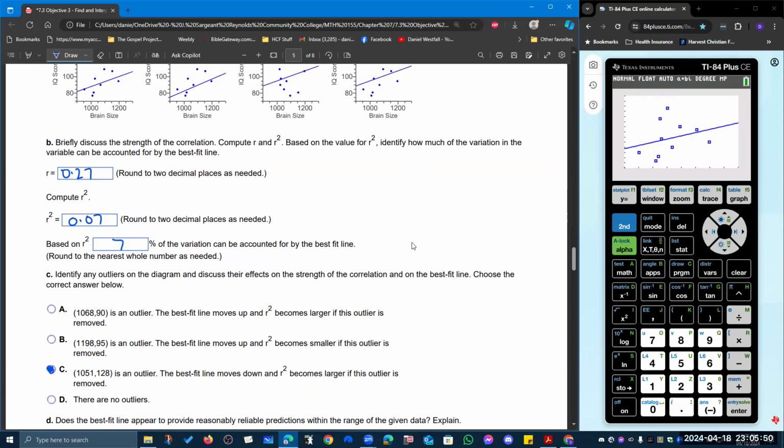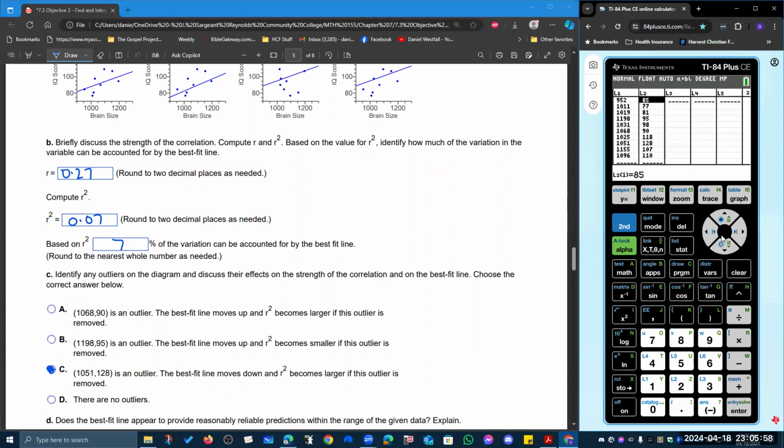And let's see what happens when we remove that and rerun things. So let's edit, and that's just significantly higher IQ there than everybody else. So let's delete that and